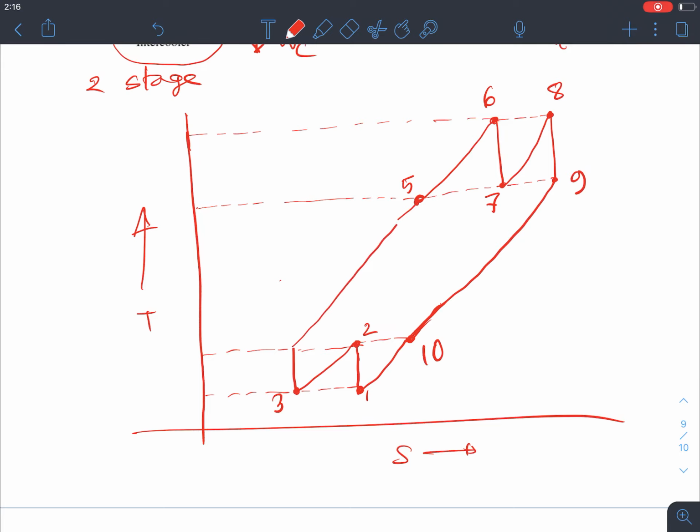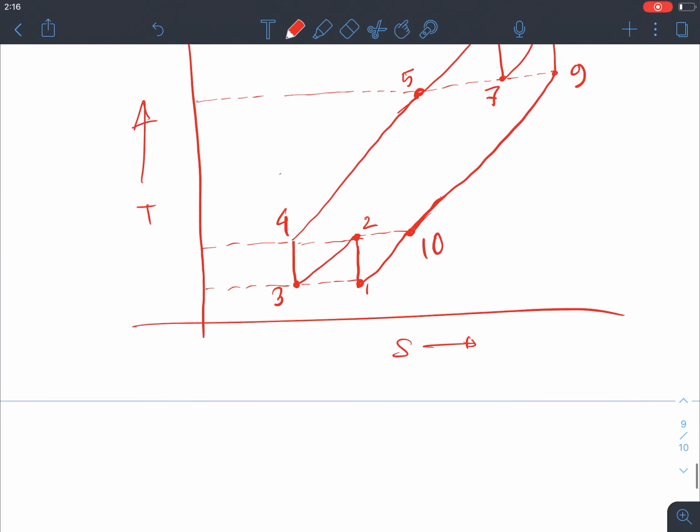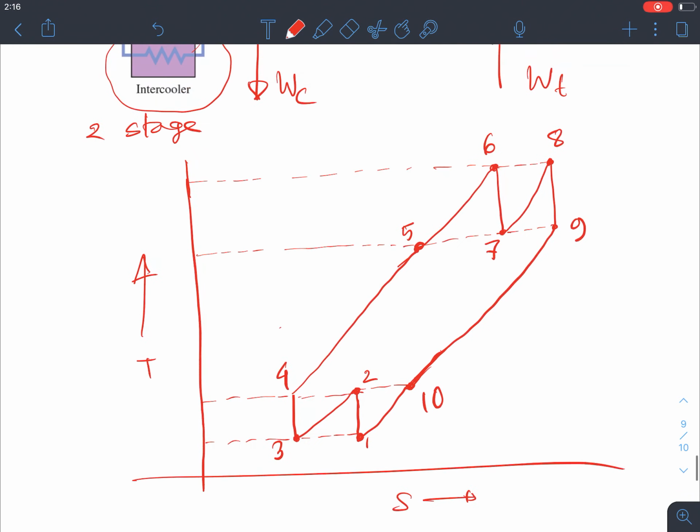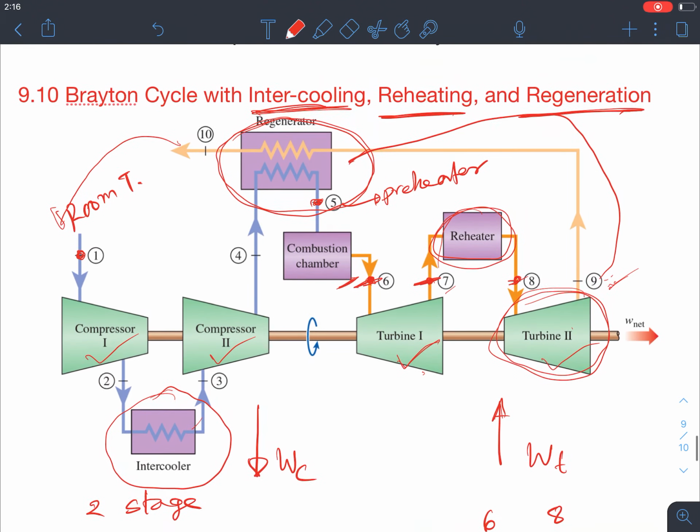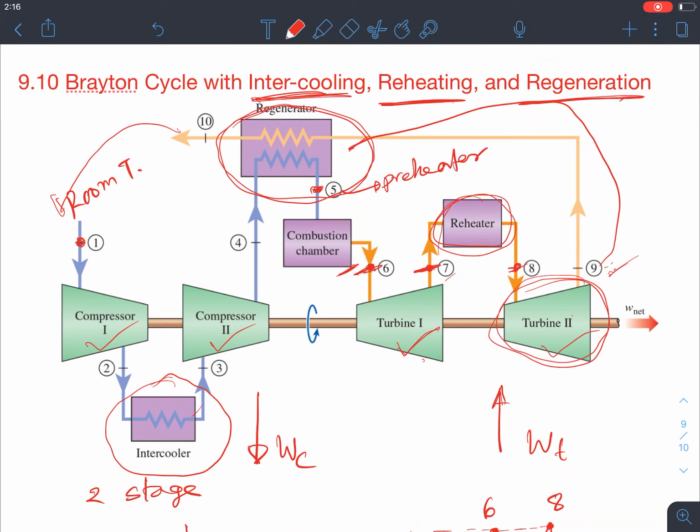Actually, it would be a little bit modified. Okay, it would be something like this. Okay, so this would be 4. So that's the TS diagram of this